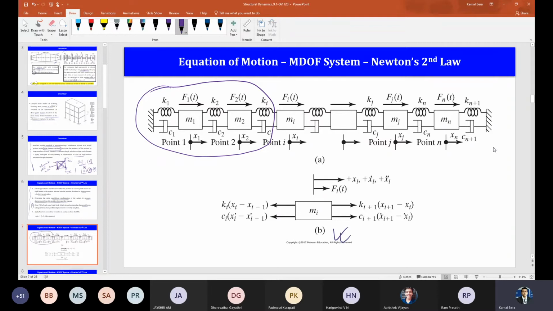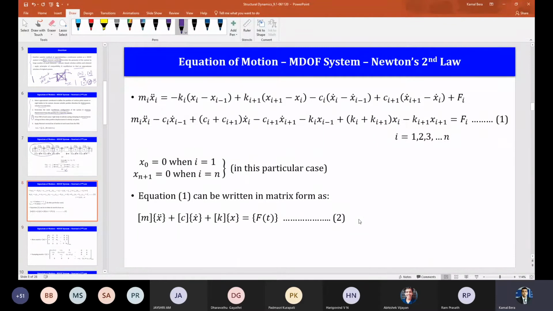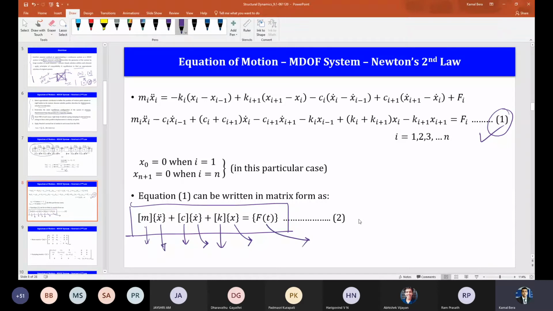Okay. So this is a typical ith unit, and these are the free body diagrams. Now I can apply Newton's law to write the equation of motion for it. Similarly, for i equal to 1, 2, and so on, I can go through, and finally I can write the equation of motion in matrix form: M x double dot plus C x dot plus K x equals F, where M is the mass matrix, C is the damping matrix, and K is the stiffness matrix. And these are all symmetric in nature. X is the displacement vector, X dot is the velocity vector, and X double dot is the acceleration vector. And F is the external force vector. Just try to recollect what you did for the 2 degrees of freedom system. That is just an extension we are talking about.